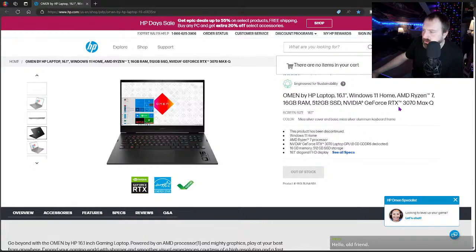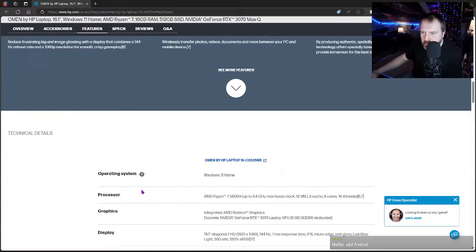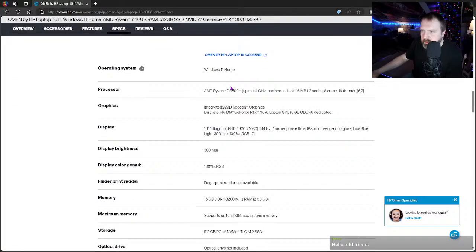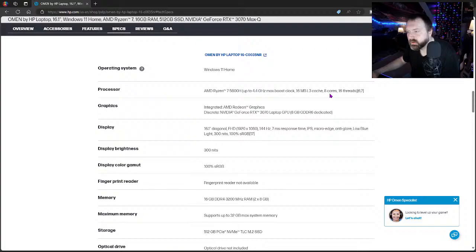NVIDIA GeForce RTX 3070 Max-Q, and you can also go to the specs, and here's the processor. Ryzen 7 5800H, up to 4.4 gigahertz max boost clock, 16 megabyte L3 cache, 8 cores, 16 threads, integrated AMD Radeon graphics, and a discrete NVIDIA GeForce RTX 3070 laptop GPU, 8GB GDDR6 dedicated.